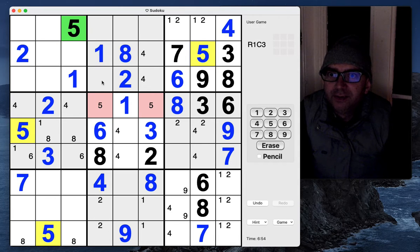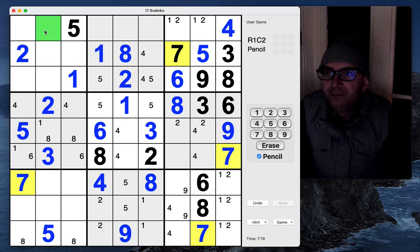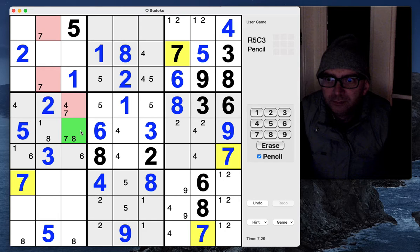So that 5 and that 5 means we've got 5s here and here, and that means we've got 5s here and here. We obviously need a 5 in the central column, so it's the only place where they can go. 6s haven't changed. 7s. Okay, there we go. 7s are in one of these 2 positions. This 7 up, this 7 across, means we've got 7s here. Now that means